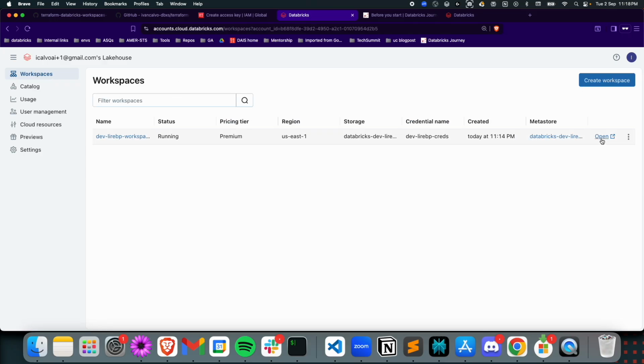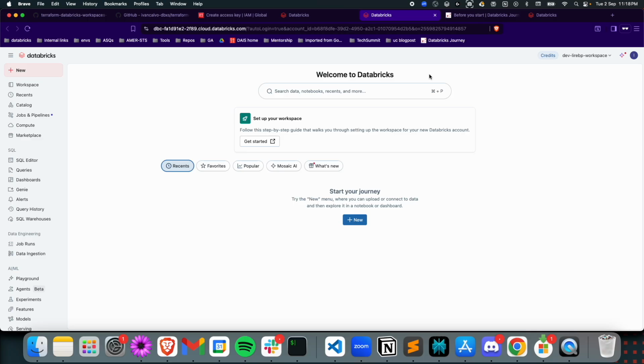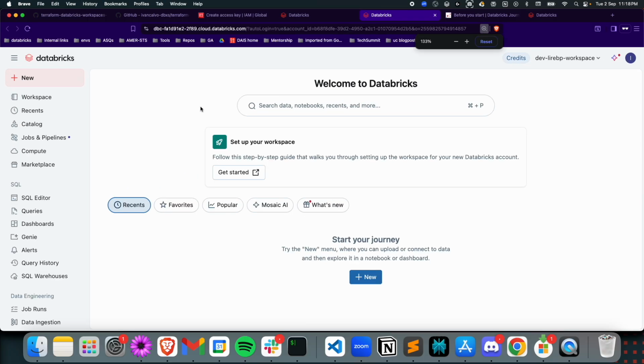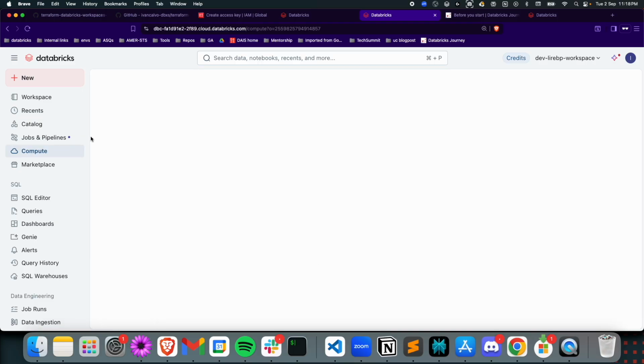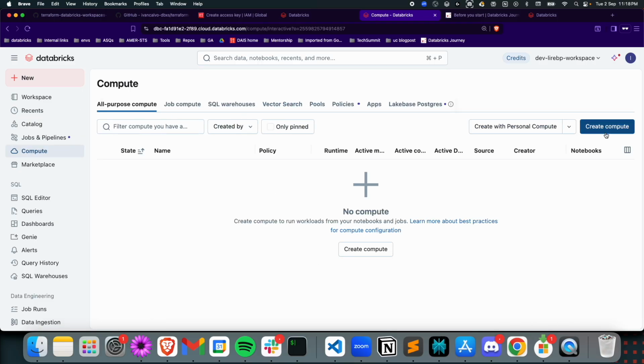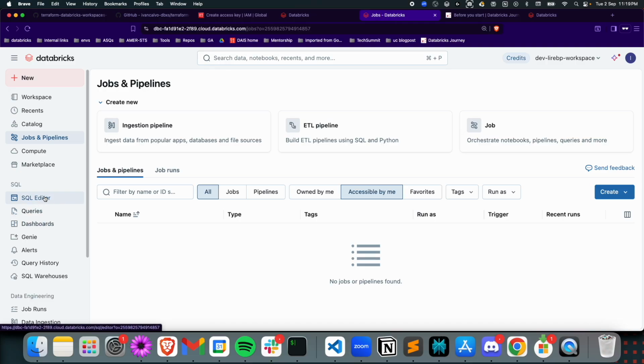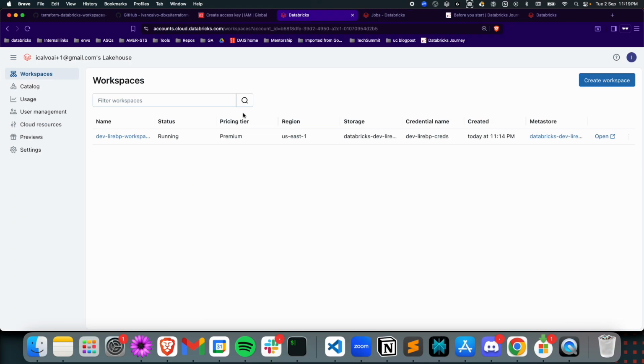Now let's click on open. As you can see now, because I'm part of that group, I'm allowed to see the workspace theme. And yeah, I have access to this workspace. So now I can just go into the compute. I can create the first cluster. Then I can run some demos and create some jobs and pipelines and dashboards. But as you can see, yeah, the next step here is just add more users into the admin group, or